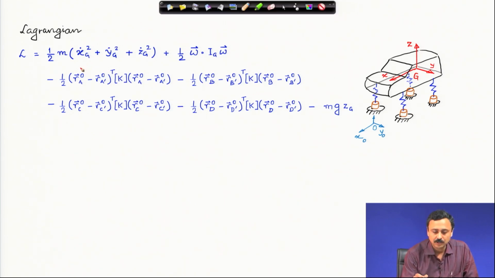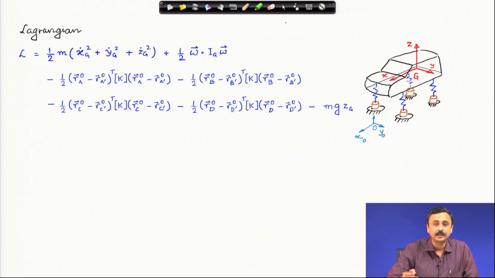You will have to write everything here. For example, these will involve the roll rate, yaw rate, pitch rate, etc. These will also involve those angles, because remember we are using the rotation matrix which has the roll angle, pitch angle and yaw angle. Therefore, this is going to be a very complex Lagrangian structure,